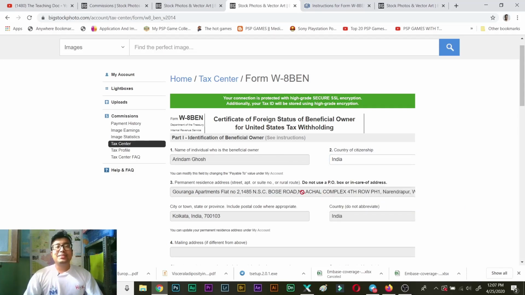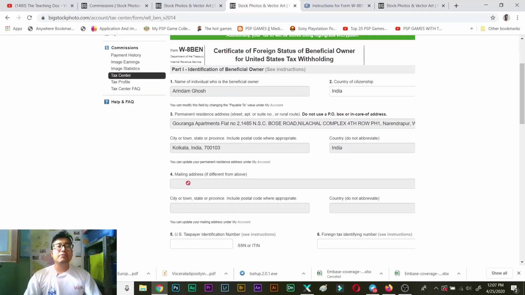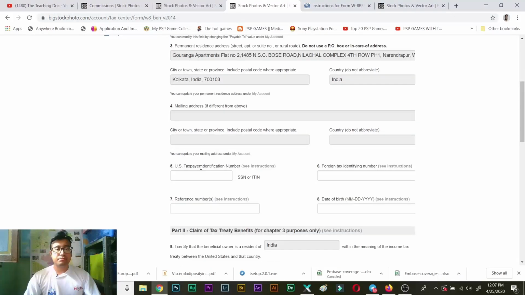When making the Bigstock account, you need to input your permanent address, so that will already be filled up for you. Mailing address, if it's different from above, it means if your mailing address is different or separate from your permanent address, then you can fill it up. In my case it is the same, so I have not filled this up.